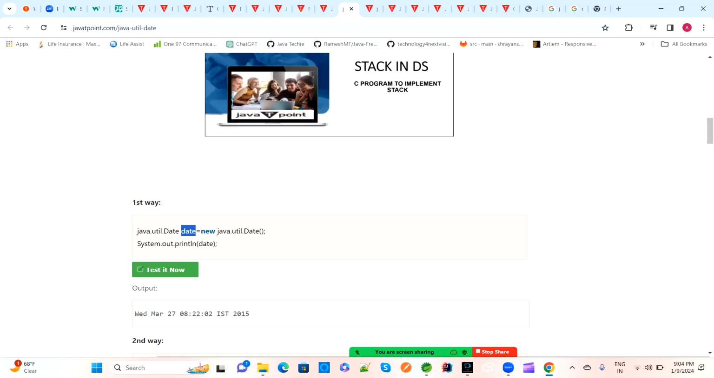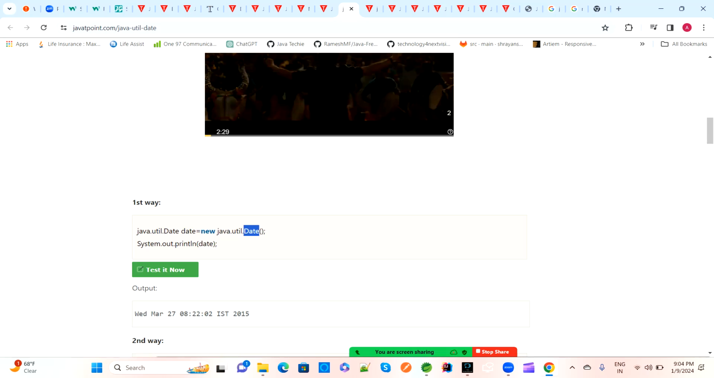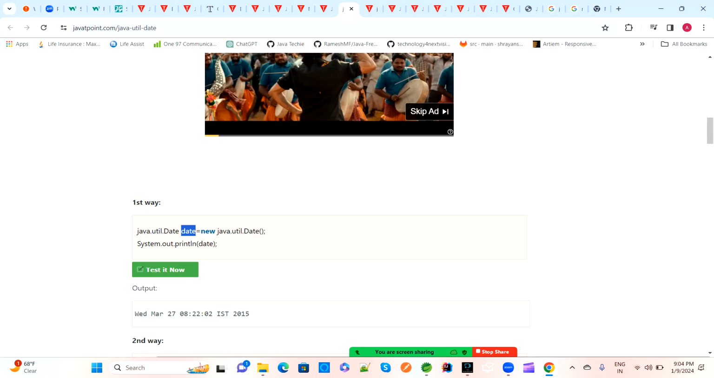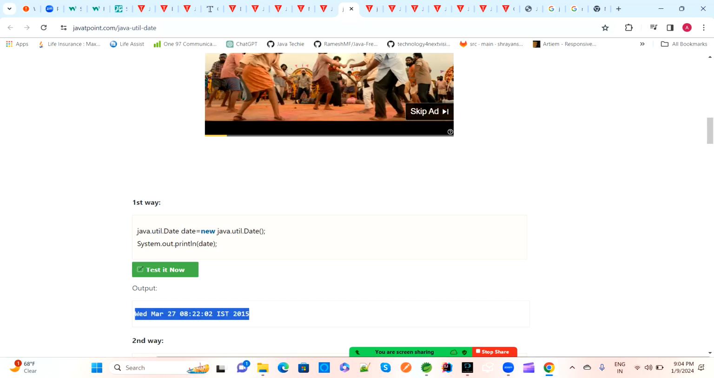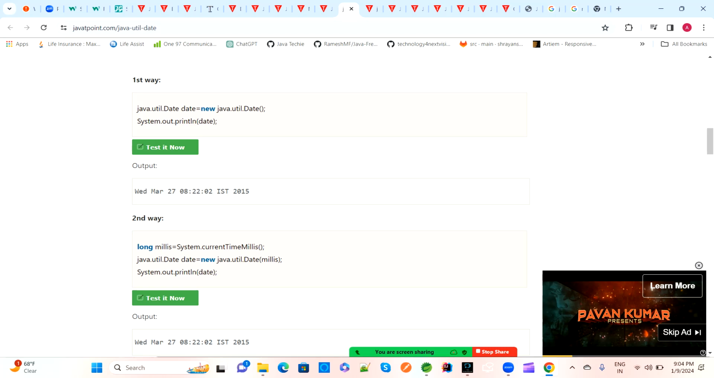We created the object, so like that we can also create the object, right? We can add the exact package information with the class, then create a reference, and by using the new keyword, java.util.Date, we created it. Once you use this, this date, util.Date, holds some date which will be printed this way also. The second way, if you want long